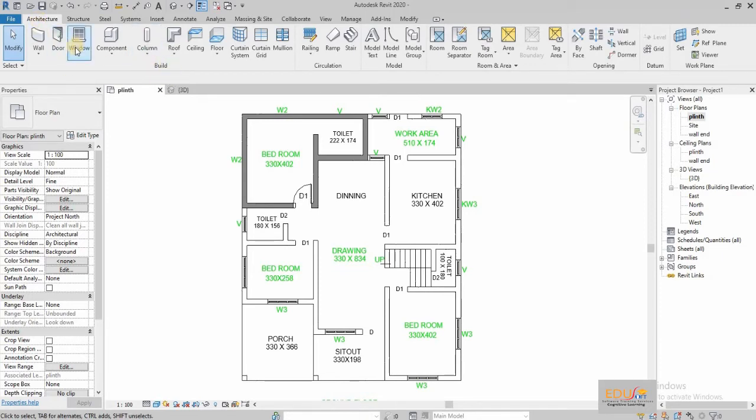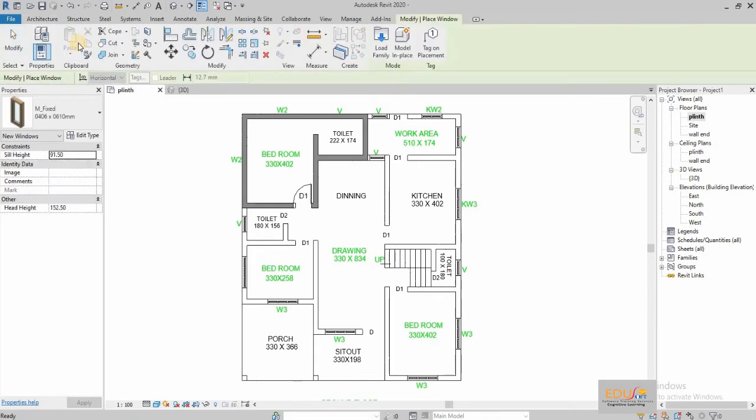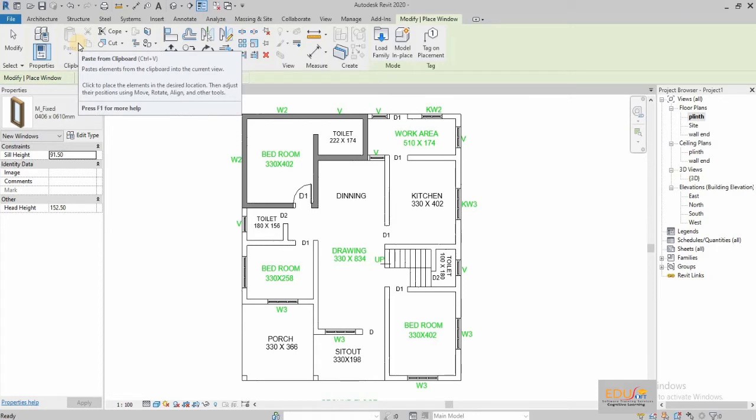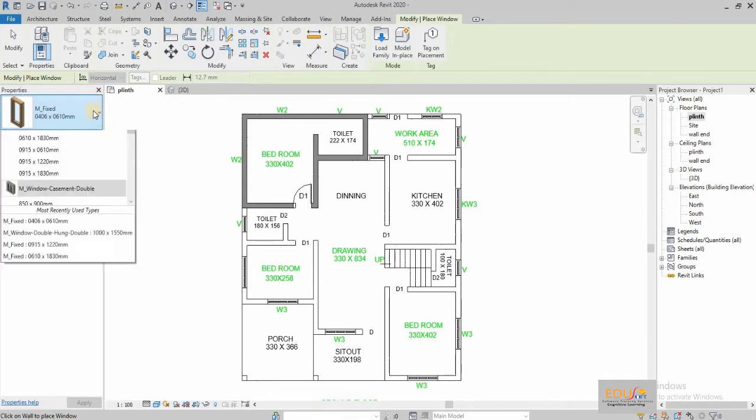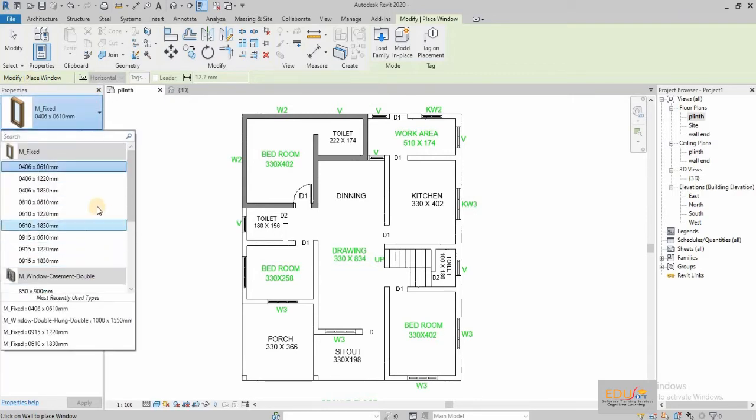For choosing different types of window, we have to go to the Properties box and select from the drop-down menu. If you want to load a new set of window families, we have to go to the Load Family option.